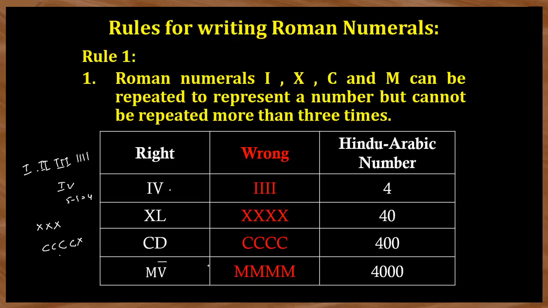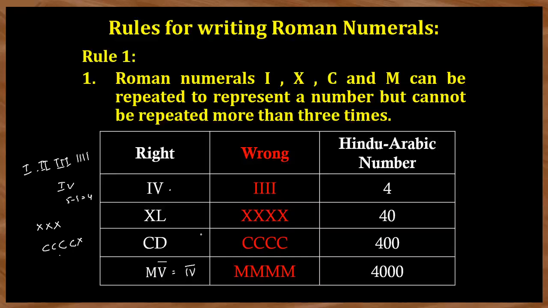So to write the 4000 also, I should not write like this. I am subtracting 1000 from the 5000 here. V bar means here 5000, minus 1000 from the 5000. So 4000 you can write in one more fashion, which is just you write IV normally and write a bar above this. This is also 4000. You can write like this, otherwise you can write like this also. So this is 4. If you write a bar above that, you multiply that 4 with 1000, which is 4000.